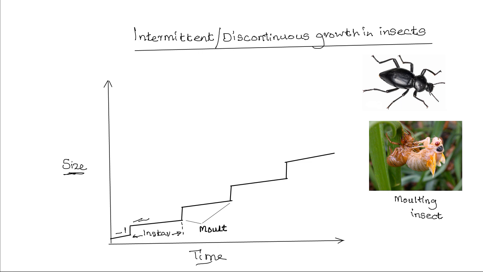Now the bodies of arthropods are enclosed by the tough exoskeleton. Look at this beetle here. There is a tough exoskeleton covering it. There's a tough exoskeleton that covers the body. This exoskeleton prevents increase in their size. Growth is only possible when the exoskeleton is shed off in a process known as molting